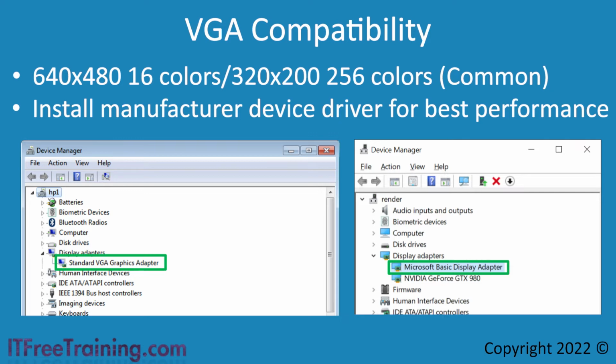In some cases, the default device driver may support the same resolution that your monitor supports. For example, the Microsoft Basic Display Adapter in our testing supported our 2K monitor, but not our 4K monitor at maximum resolution. Although you may think you don't need to worry about changing the device driver since it appears to be working okay, the default device driver will most likely perform slower than the device driver for the specified graphics card. You may also find additional features will not be available.